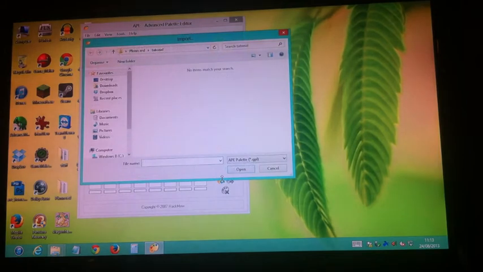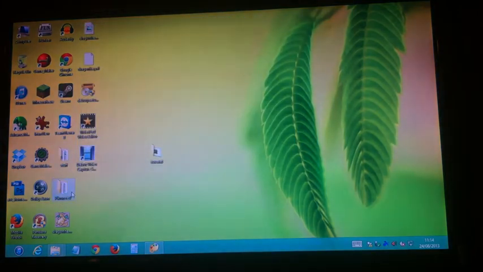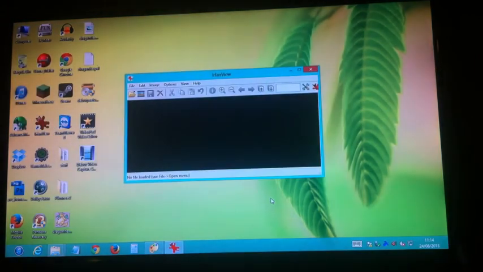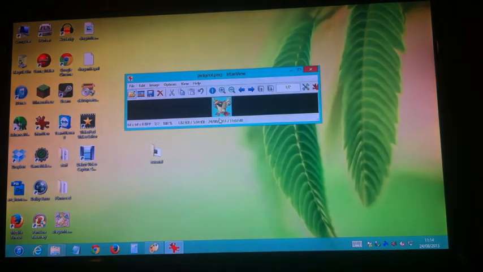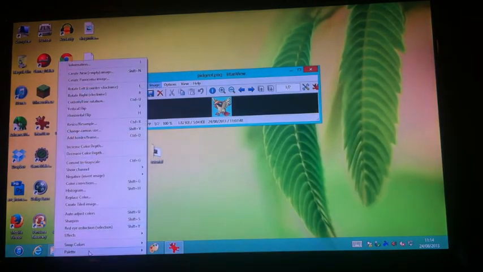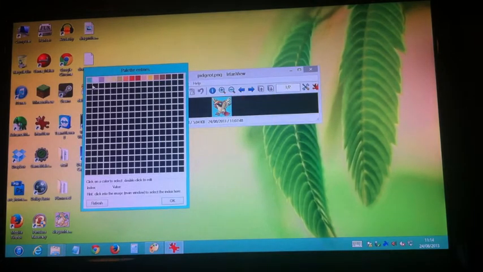What do I do here? Oh, my bad, I'm sorry. I've done it the wrong way around. I don't even want to be in there. You want to open IrfanView, which is the only thing I've got outside. Right, open Pidgeot. Now, if you go to Image, Palette, Edit Palette, you will see that now that we've